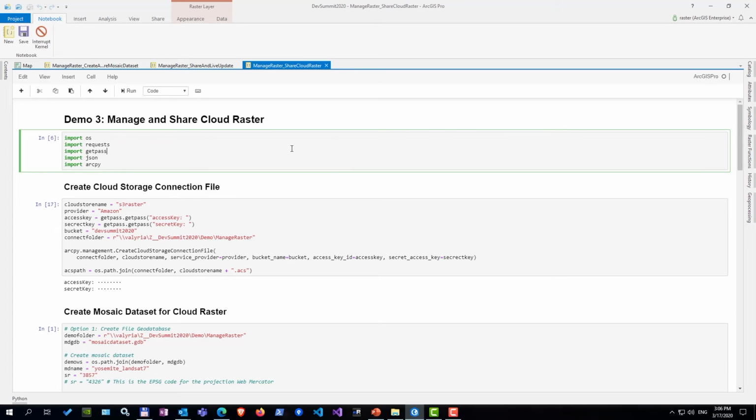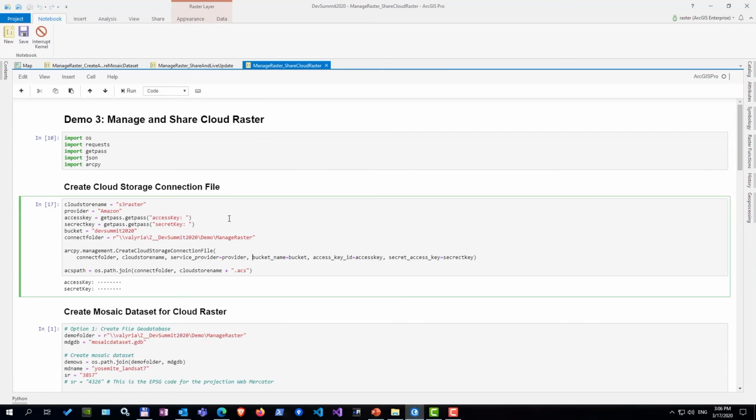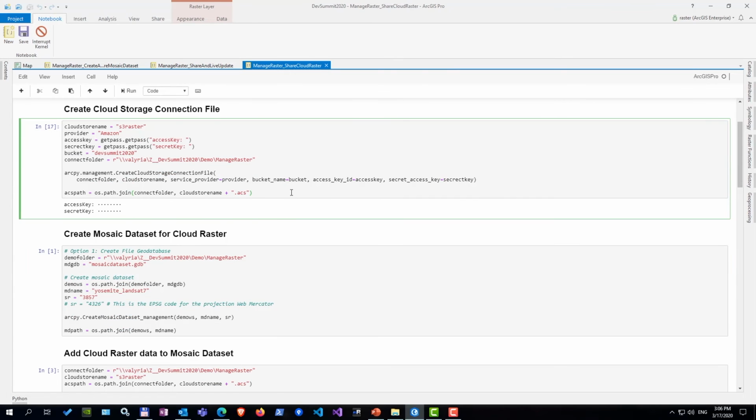Now the way you do it is first of all import the necessary module. The way you do it is to create an ArcGIS cloud storage connection file first, if you are to access those data within ArcGIS Pro or through API. Right. So in this particular